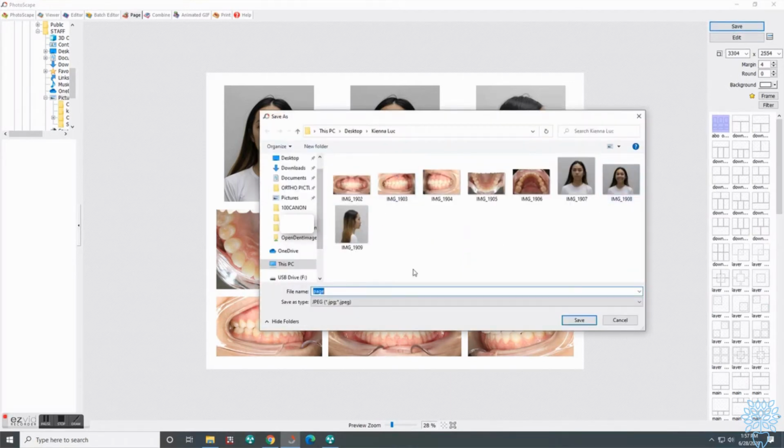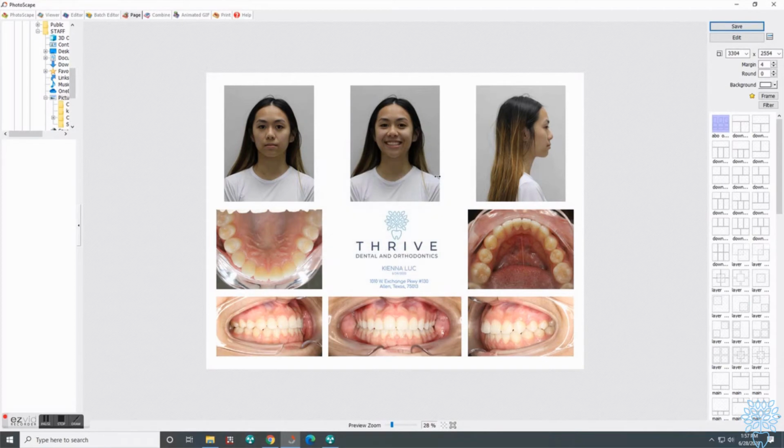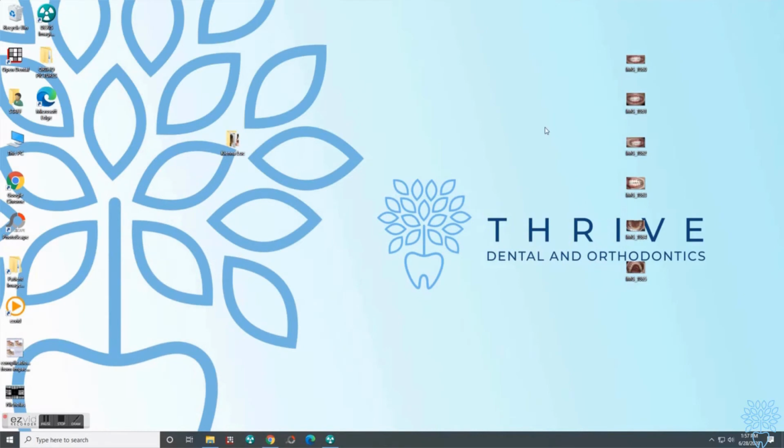So now we're going to save him in the correct spot. You can rename it if you want to. I don't really ever rename them. We want the highest quality. So now we're done with this. It's saved. We can exit out of this as well. And now if we open up her